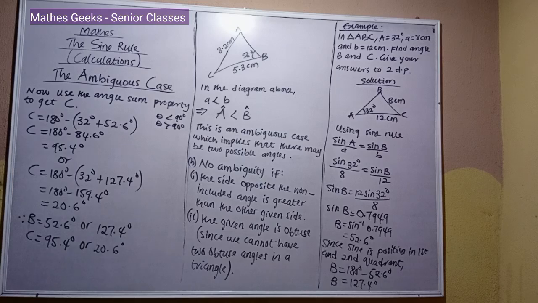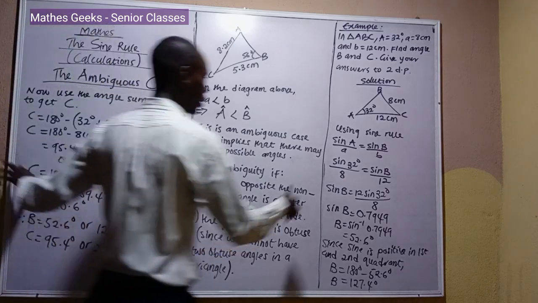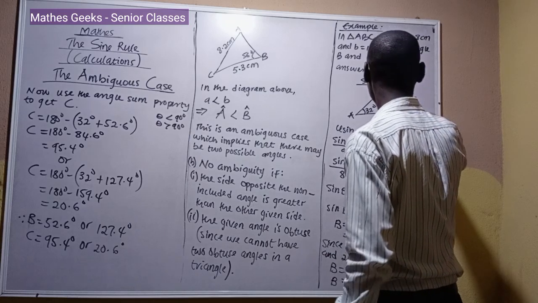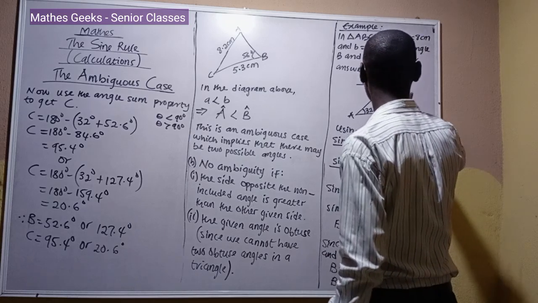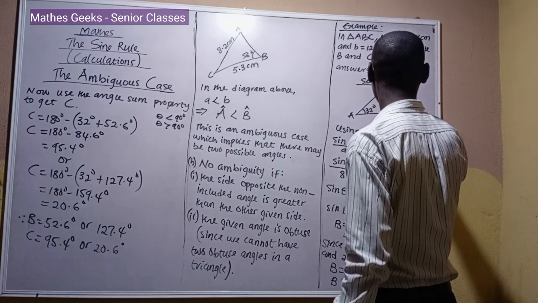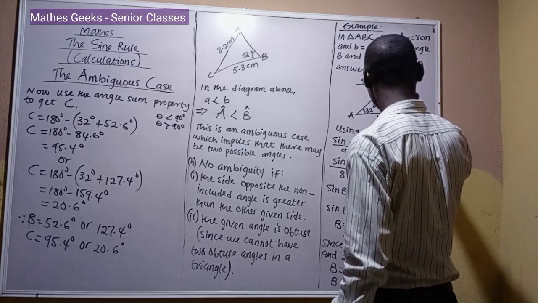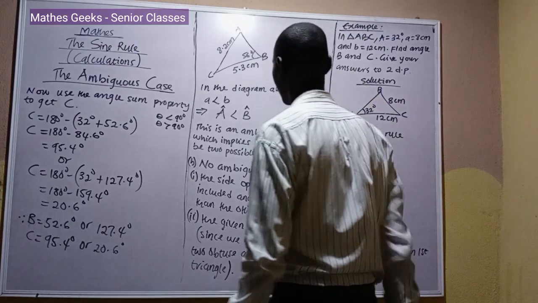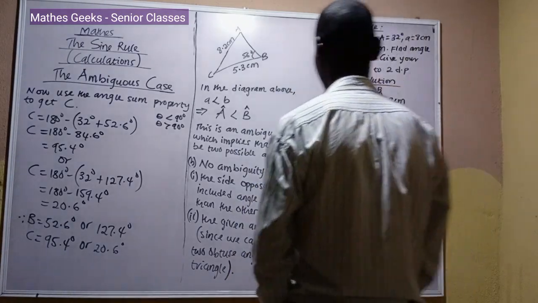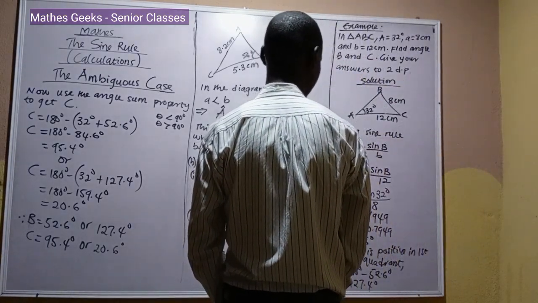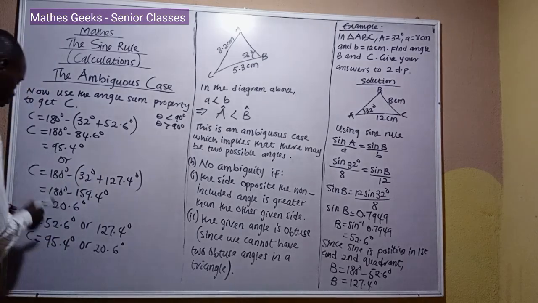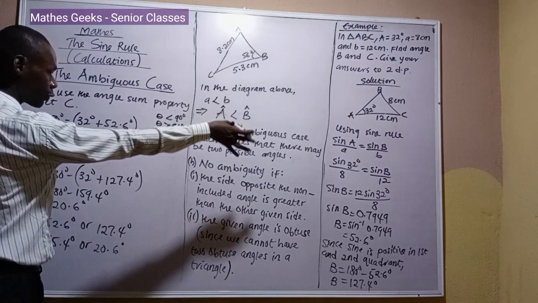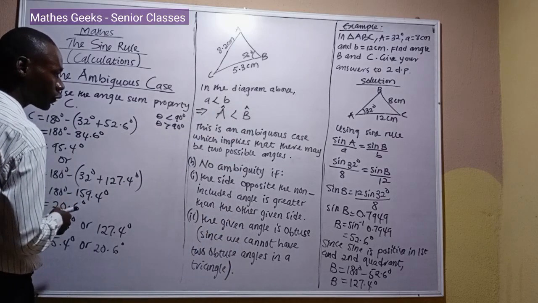So this is the case of ambiguity, and we did this because of this condition where two sides are given. And once two sides are given, and the second side is opposite a non-included angle, then it might involve a case that could be ambiguous. And this implies that we're going to have two possible triangles from the solution of B and C